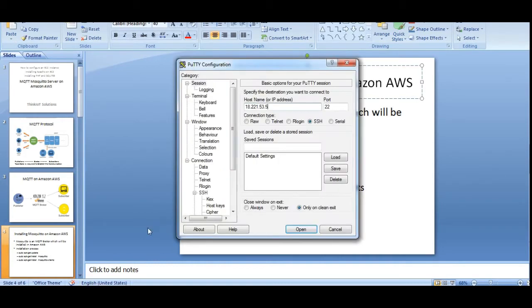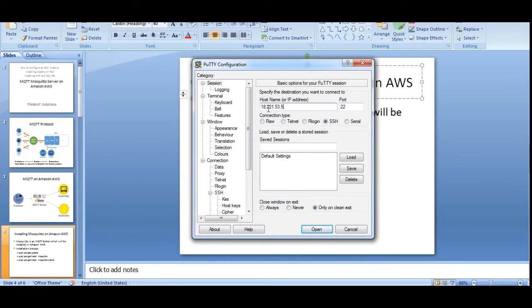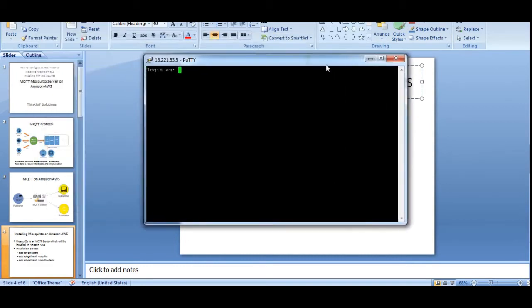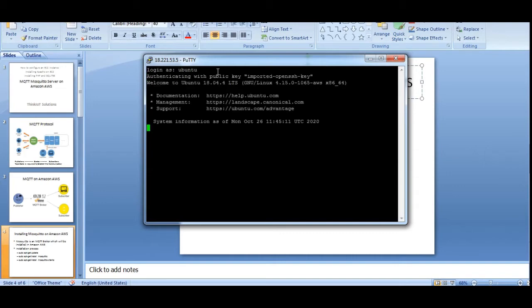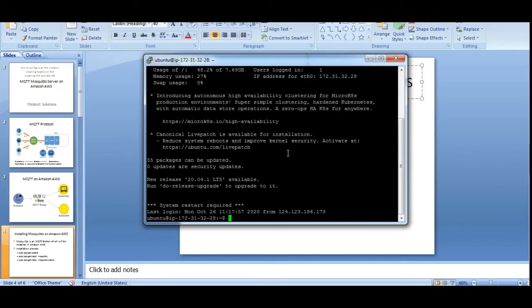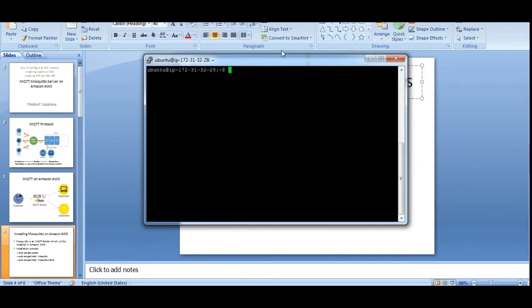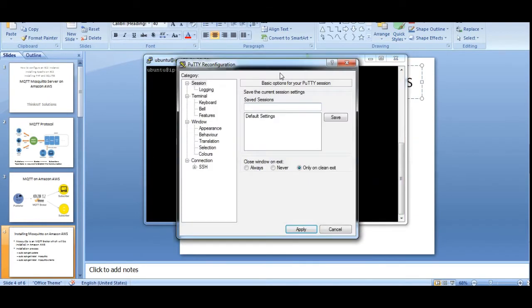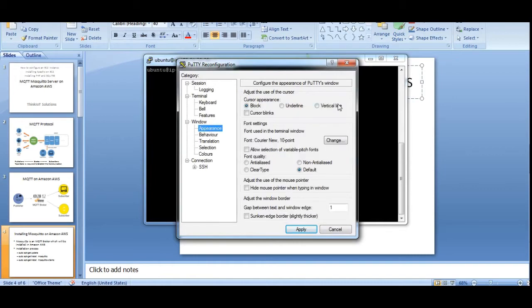To start with, we open our Xshell, and we key in the host name, and we have to give the authentication key as we have explained in the previous videos, and then you can open the session. It will ask you for login, so you can just type the login name. In this case it's Ubuntu, and then we'll be entering into the session. I'll clear this, and I'll increase the font a little bit so that you can see it clearly.